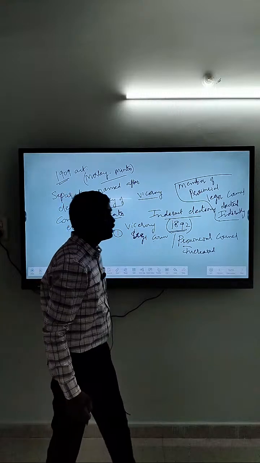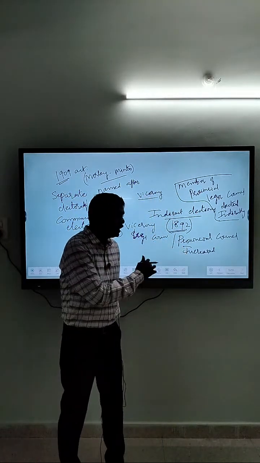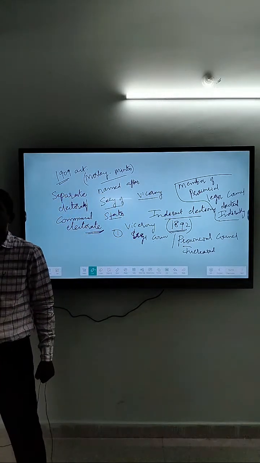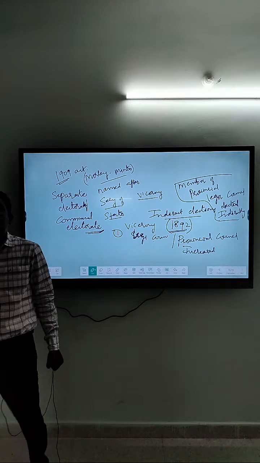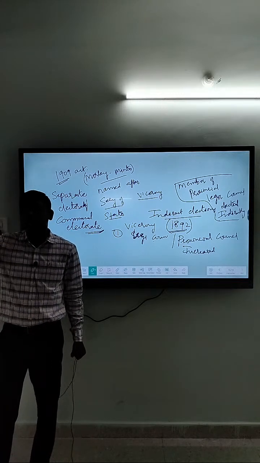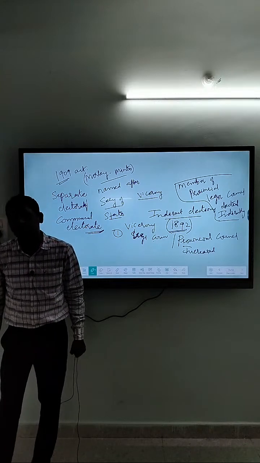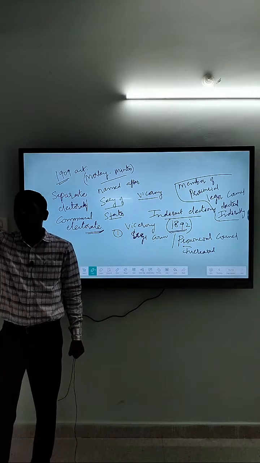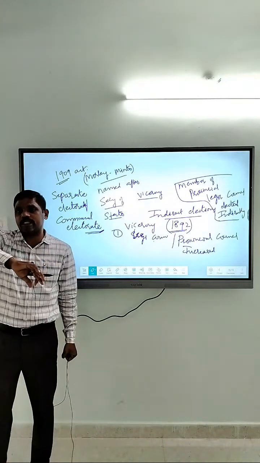So if you take this separate electorate, I'll give a meaning of this separate electorate, because these members are elected indirectly. But the principle of election is religion. In Hindu dominant areas, only Hindus are given the voting rights and the right to contest. Whereas in Muslim majority areas, only Muslims are given the right to contest as well as vote in the elections. That means in Hindu areas, Muslims don't enjoy the right. In Muslim areas, Hindus won't enjoy the rights.